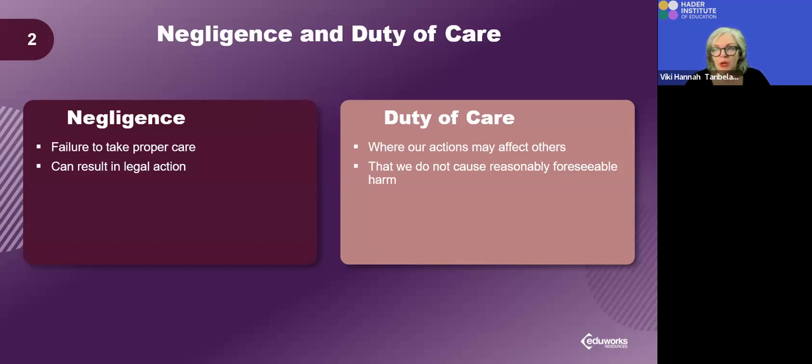When might that come up? It might be where someone hands over that guardianship to their children because they're going away to rehab or something for 6 months, and they need to make sure that their responsibilities are taken care of. But the duty of care that we have in that space is to make sure that we are not negligent, that we don't fail to take proper care in that process, and it can result in legal action against an advocate as well if we are not making sure that we follow those guidelines.